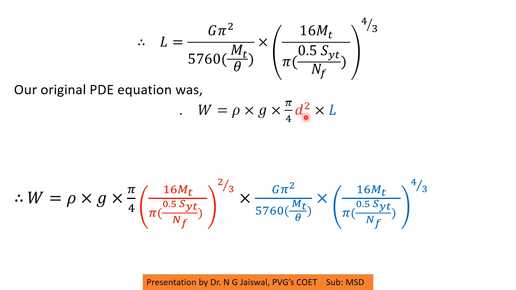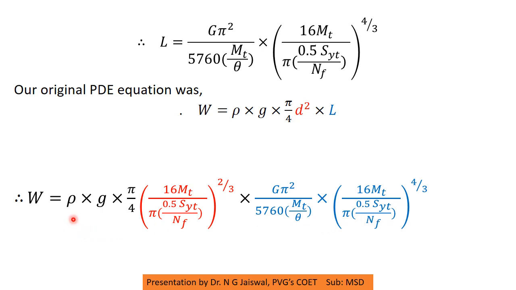You can just take a note that this is red color, this is also red color. The entire thing is replaced as D square into, now what you see in blue color, L is replaced by this thing. From this was L. So L is replaced by this thing. I told you, this is complicated, but if you follow the procedure, it is not at all difficult. So this becomes my entire equation now.